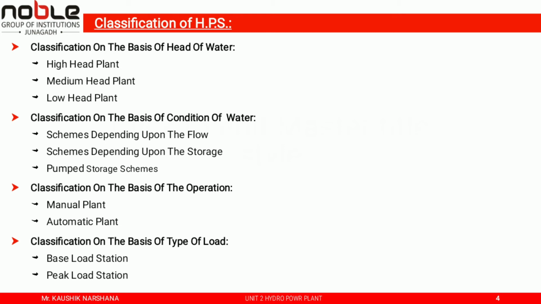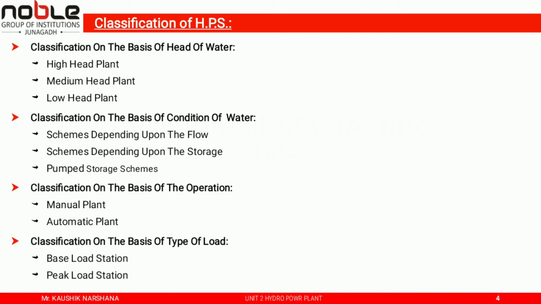This disadvantage is reduced by the pumped storage scheme, in which, during the off-peak period, the water from the tail race is raised to the reservoir. The alternator works as a synchronous motor and the turbine works as a pump. By doing this, the plant load factor is increased and the water taken from the reservoir can be used again for power generation. So pumped storage schemes are highly preferable.